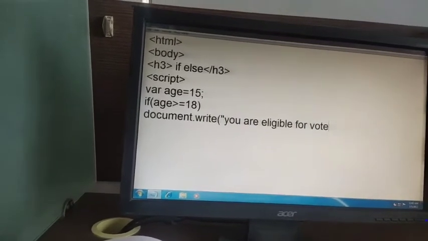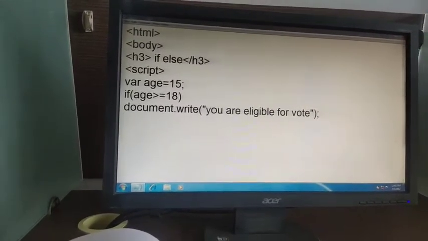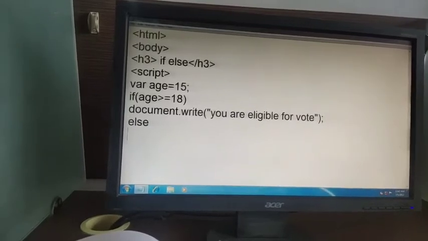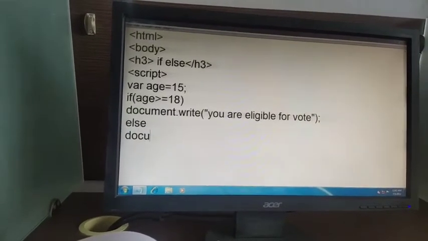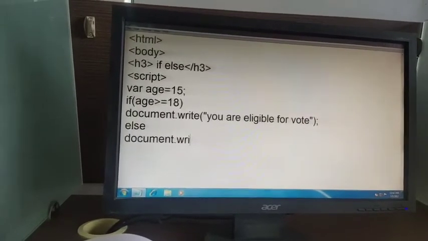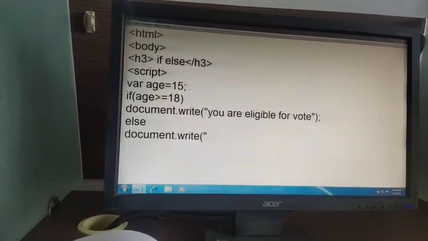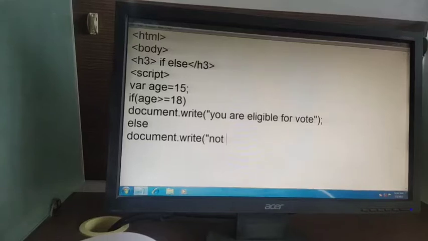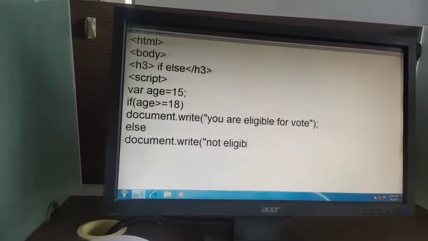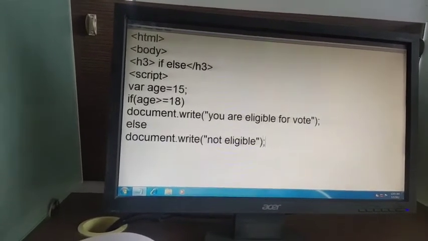Okay, my statement is finished. If the condition is true, it will show that on the screen, and else if the statement has gone wrong, then the condition will be document dot write, in brackets, you will write not eligible. Whatever you want to write, you can write. Inverted comma close, bracket close, and semicolon.